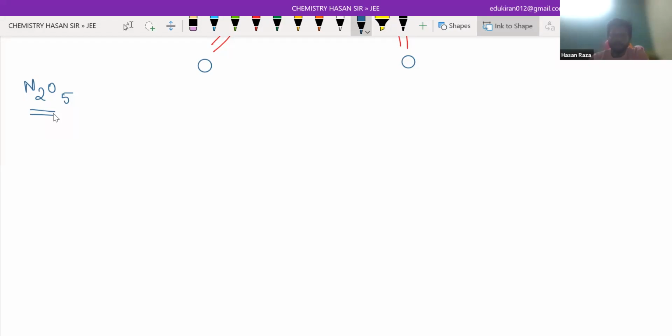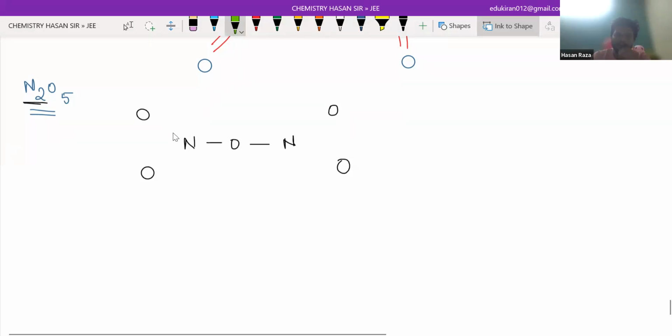Done. Okay. I'm going to explain it. You can see two central atoms, that is nitrogen and nitrogen, and oxygen is in odd number. So the linkage will be N-O-N. Now you have 4 oxygen left. So I'm going to give 2 oxygen on the right hand side and 2 oxygen on the left hand side. And if you have done this, since the rule said that oxygen as a surrounding atom will make a double bond,